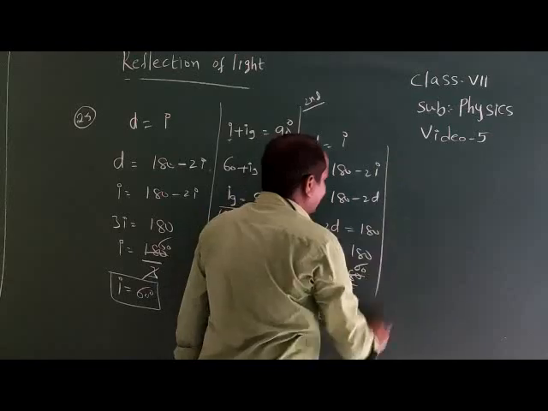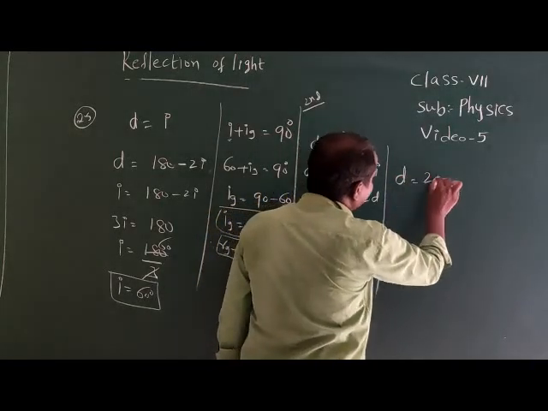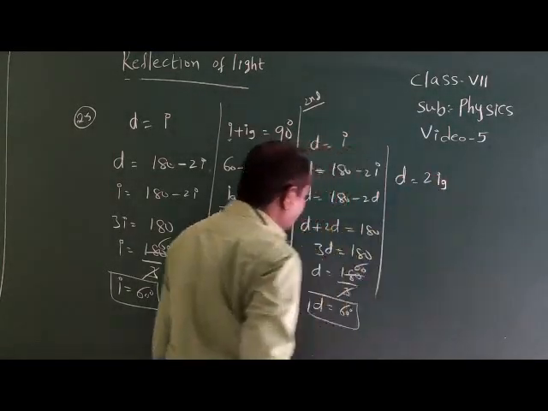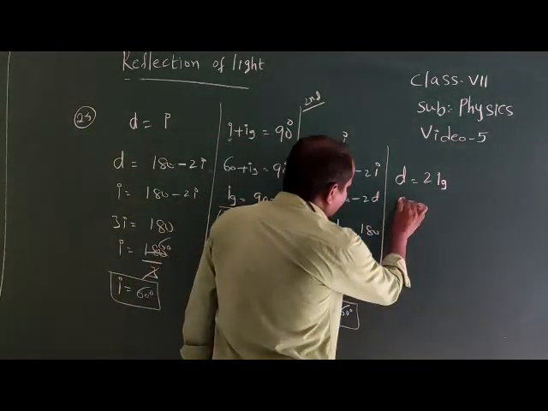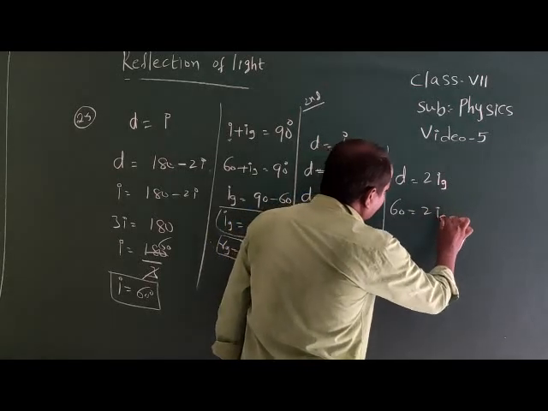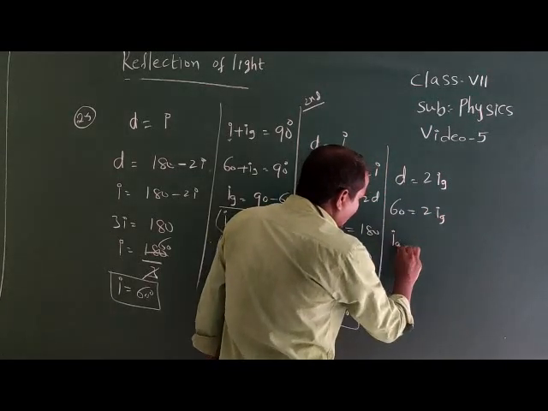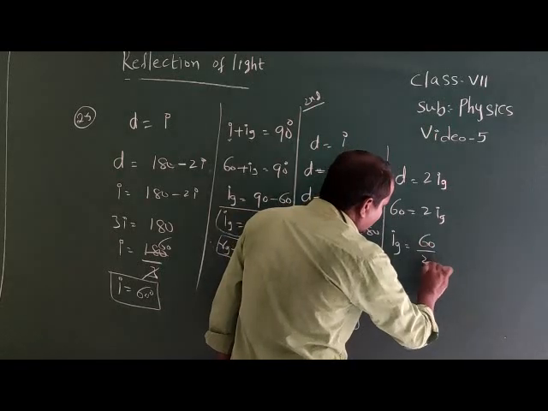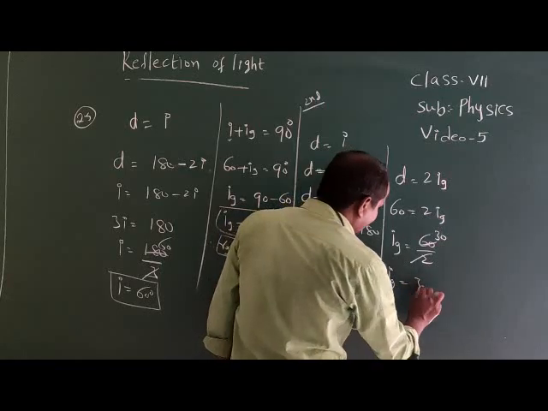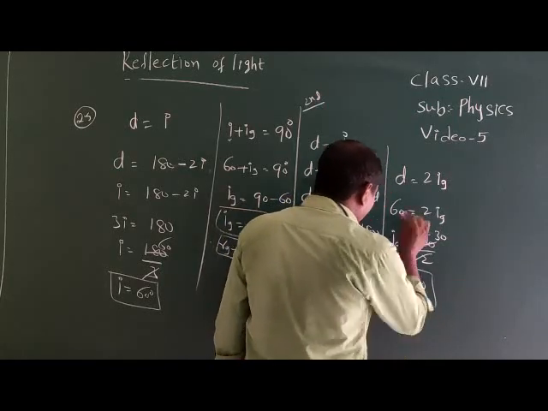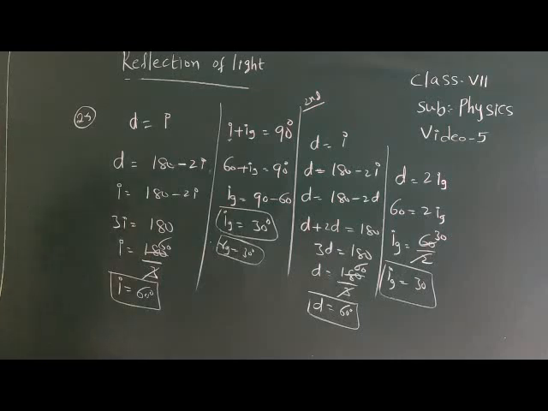D equals 60 degrees. Then find the i' value. D equals 2i'. So D equals 60 degrees, so 60 equals 2 into i'. Therefore i' equals 60 by 2, that is 30. So it is the second method to find the i' value if D is given. If D is given, D equals 2i' to find the i' value. It is the second method. Okay. Now